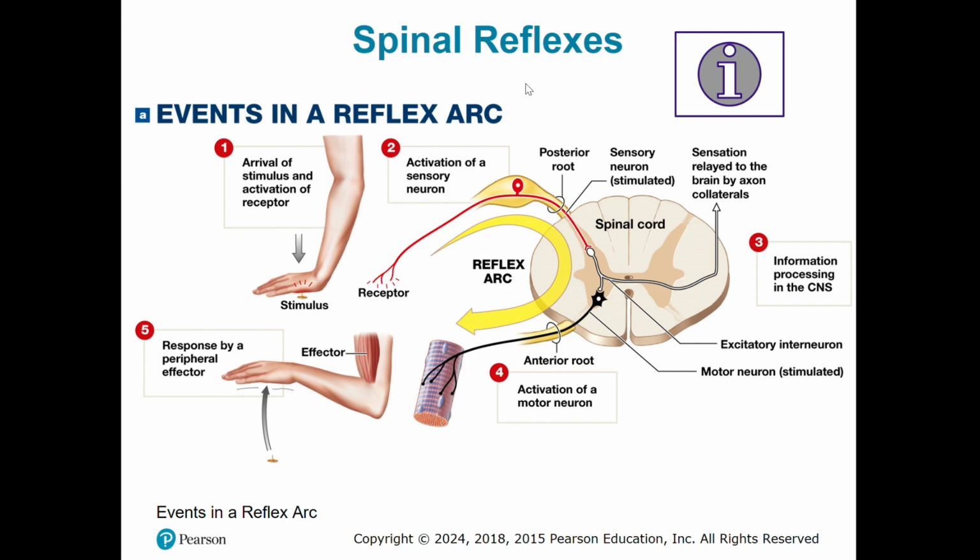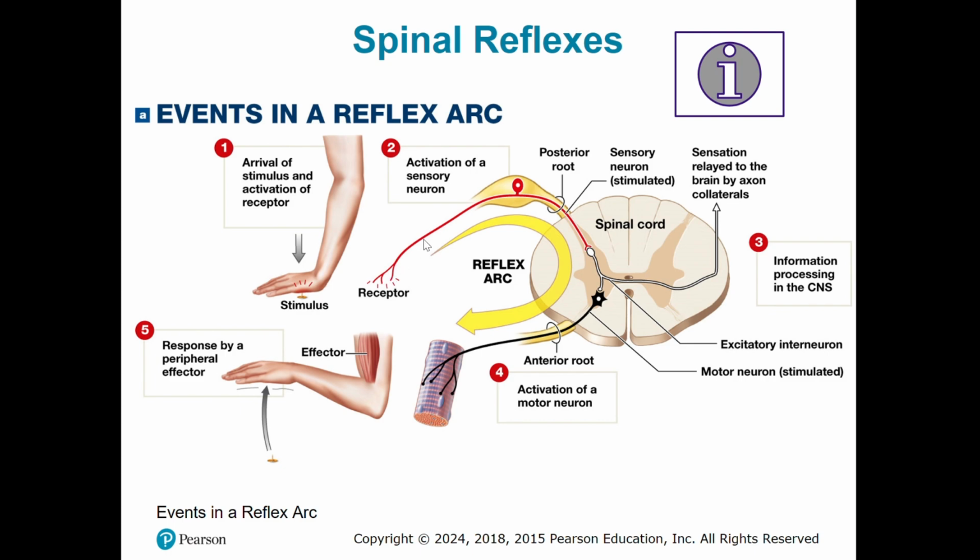The wiring of a single reflex that we have is referred to as our reflex arc. And with our reflex arc, we are going to have a 5-stage process that is going to be happening. So the first step is going to be arrival of some stimulus. That stimulus is going to have a receptor at the end of some sort of peripheral effector. That could be a muscle fiber or some sort of gland cell. And a simple reflex is going to have just these exact 5 steps, where you have that stimulus, that receptor